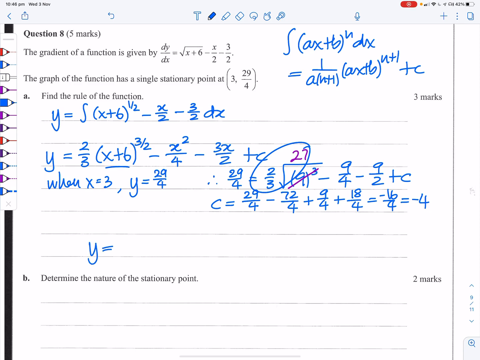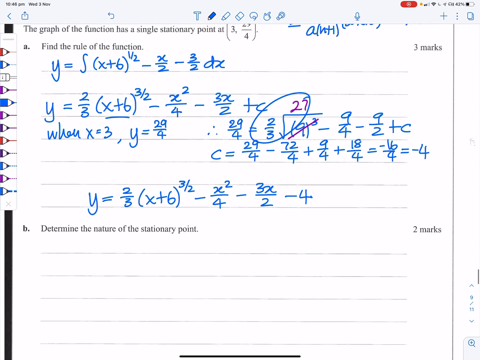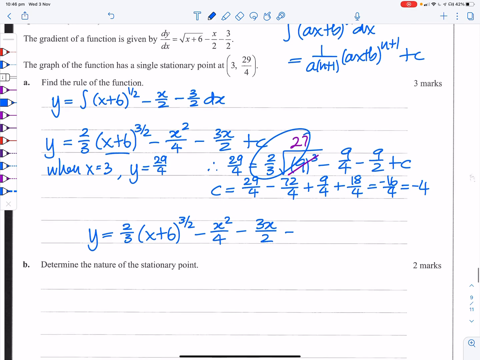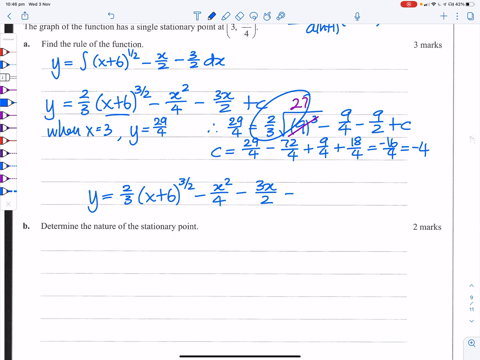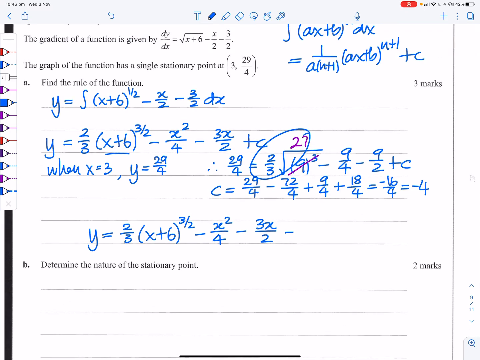So our end equation is y is equal to 2 on 3, x plus 6 to the 3 on 2, minus x squared on 4, minus 3x on 2, minus 4. Now, it says find the rule for the function. So you could debate, oh, we should give that a domain. It would be x is greater than negative 6, but I don't think they want you to do that. But later on in the question, they ask for the rule for the function, and they may want you to do it. So it's really frustrating with VCAA when they don't